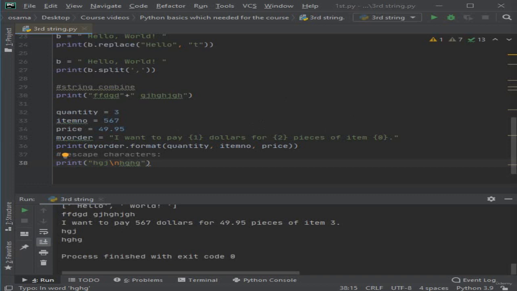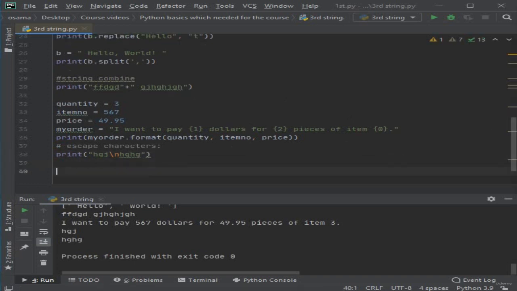Okay, let's see the next topic. What is the next topic? The methods which are used with strings. The first method is the find method,